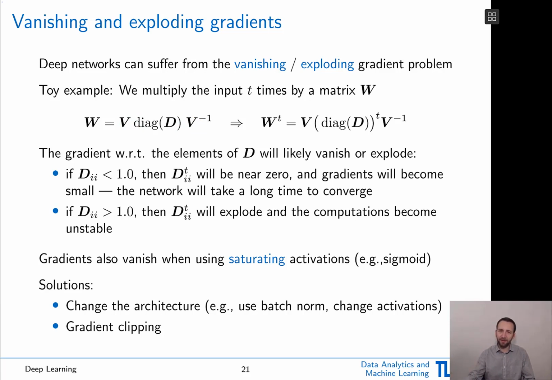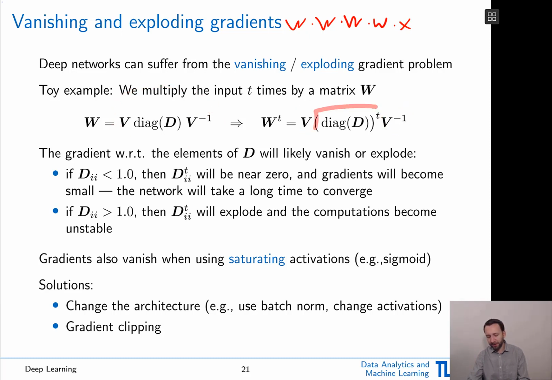Okay, so let's assume that we have this decomposition given. What does it mean that we multiply our input signal, let's say x, multiple times with W because we have multiple layers? It simply means that x is multiplied with W to the power of t, where t is the number of layers. Given this factorization, we have V and V inverse,